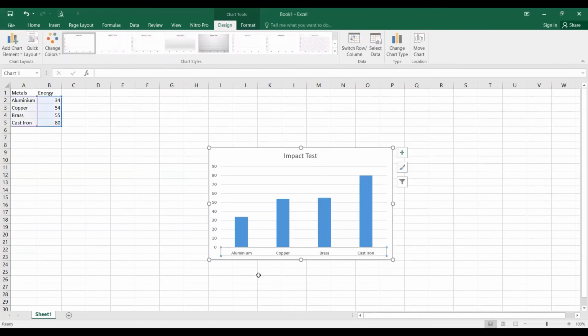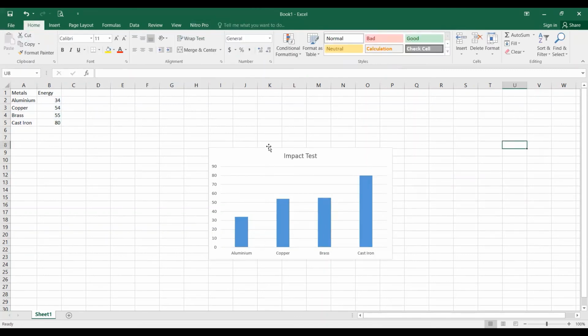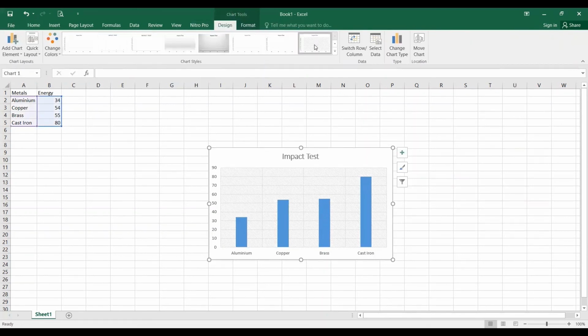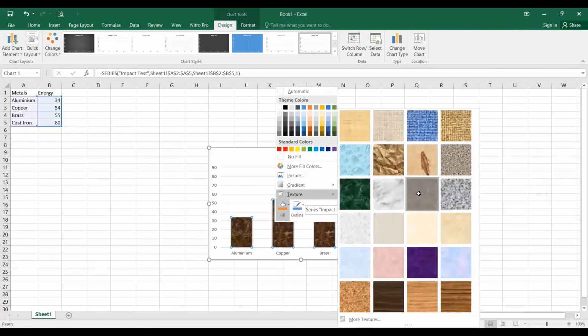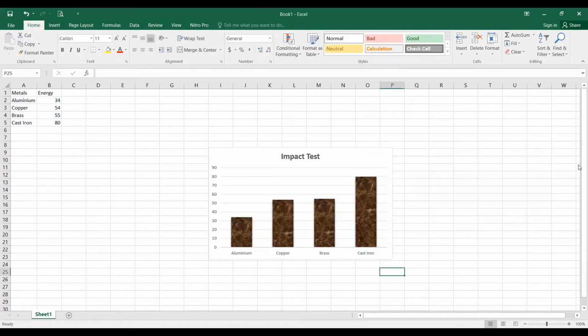Okay, it's done. So this is the way to make the histogram, and you can change its style and coloring, whatever you want. It's totally up to you. Let me see this. It is giving me this design, or you can change its color as well. You can go to format data series, no fill. I am going to put a texture over here, for example. It's up to you how you make your histogram attractive and how the presentation looks. This is the way you can make the graph. It is not written in the manual, but you have to do it yourself so it will look nice.